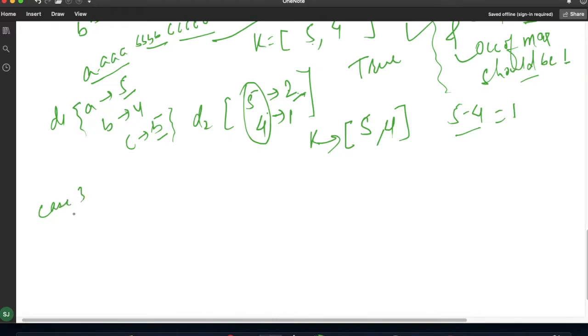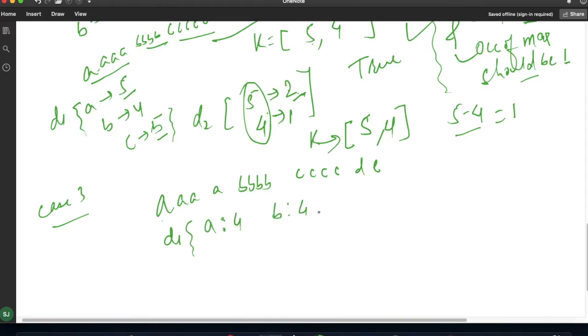So case 3 will be if my minimum value is 1. Suppose I have a string like this, all the same letters for B and E. So dictionary 1 will look like: occurrences of A is 4, B is 4, for C we have 4 times, and for D we have 1, and for E we have 1.